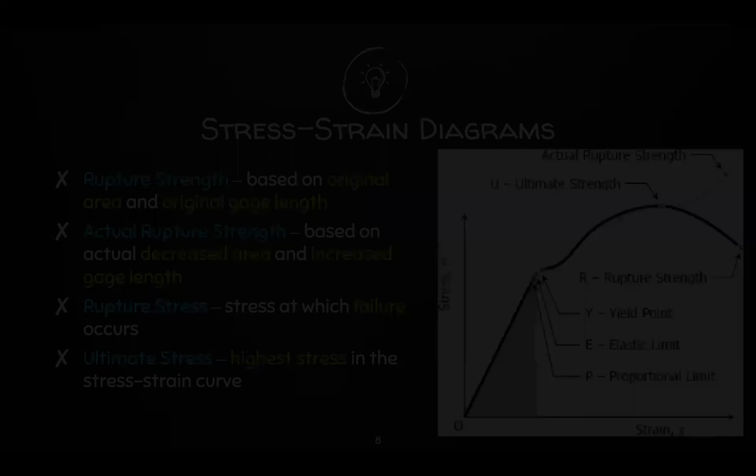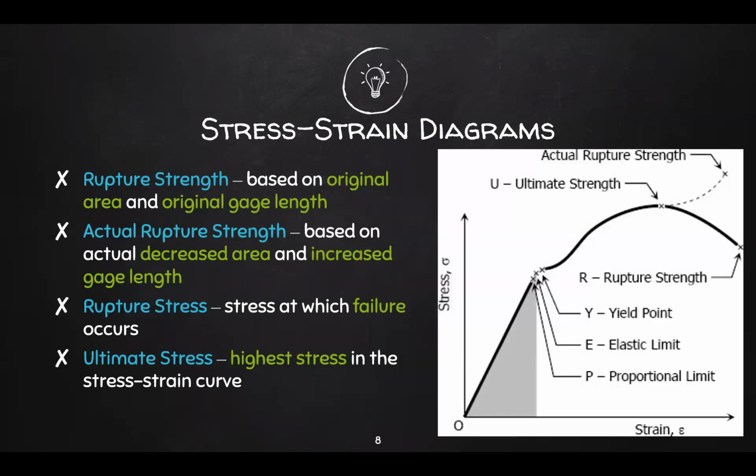When you plot stress and strain, you're going to have something like this. Okay, so as you can see on the x-axis, you have your strain. On the y-axis, you have your stress. When you plot it, you're going to have this sort of line right here. This is your graph. So let's talk about that. Let's describe it. So let's start from O or 0. Okay. As you can see, at this point, you have a straight line. So this is the first stage of your stress strain diagram.